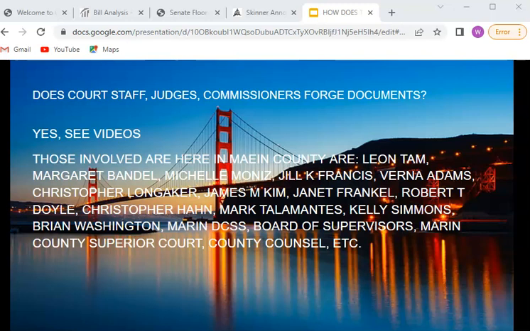So this is basically the proof that they forged documents. These are the people that gave me the forged documents to justify doing harm to myself and my family. So normally I would just state the facts, but as far as answering the forgery of these documents, I had to put these individuals down. Next slide.